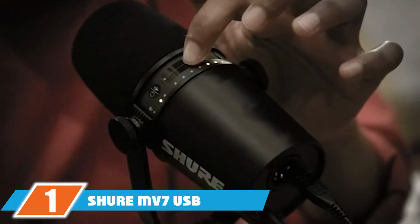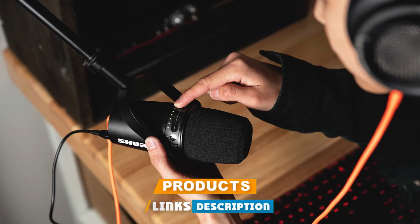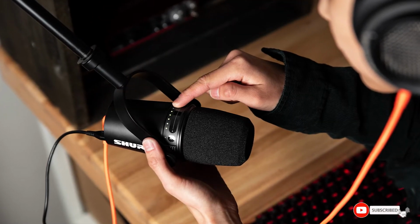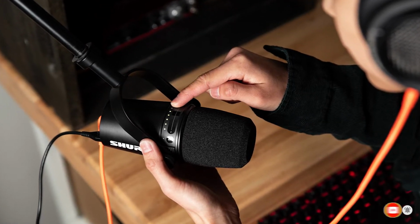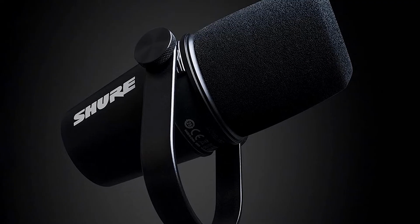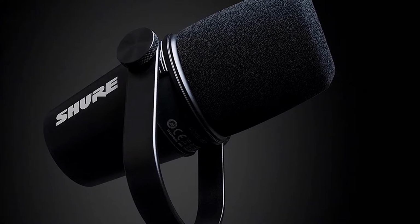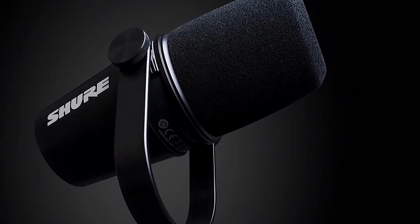At the first position of our list, we have the Shure MV7 USB podcast microphone. Shure's Motive MV7 is a different beast from most of the other products we tested for this buying guide. It was made as a more affordable alternative to the Shure SM7, a studio mic commonly used by musicians and radio broadcasters. The MV7 is aimed at the podcasting space, but it's still a high-end product with a price